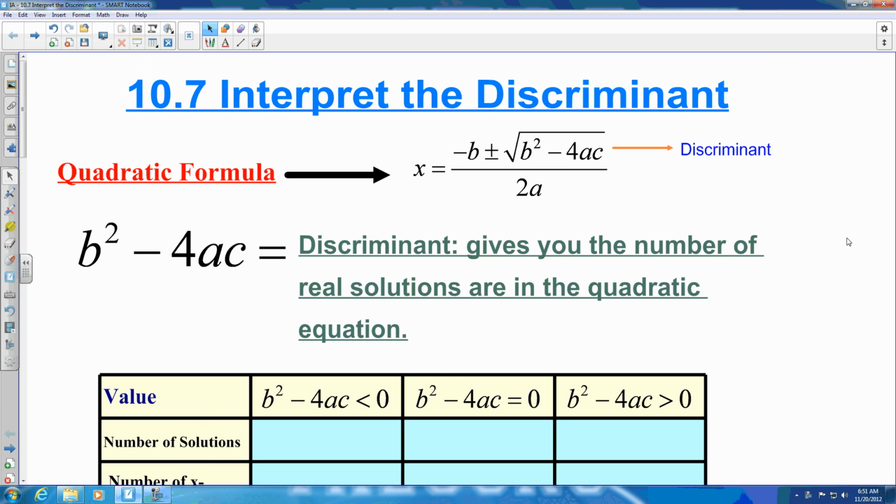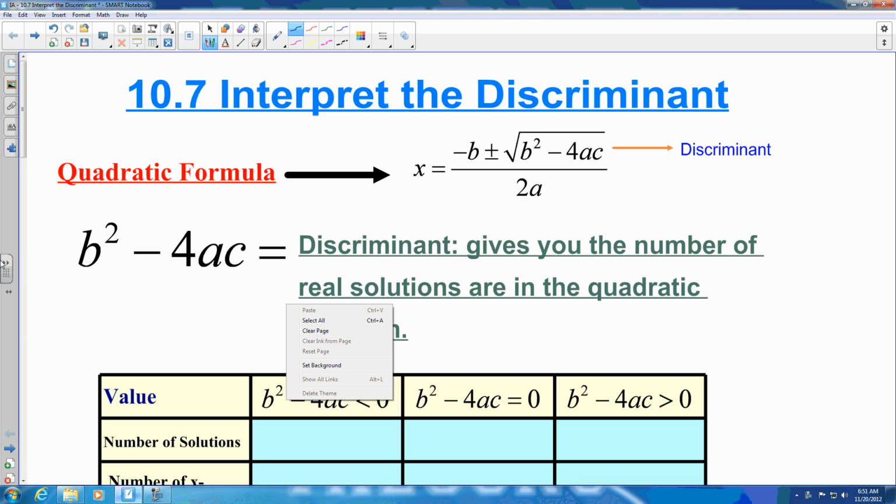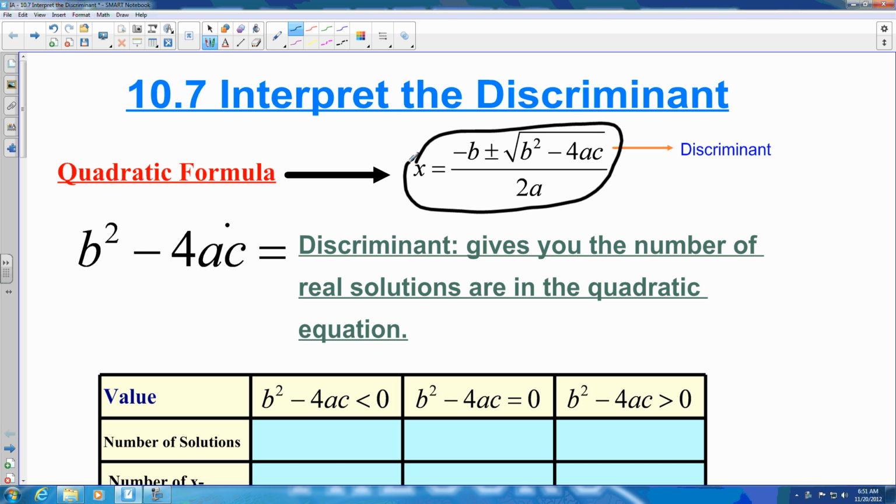Okay, so we are at section 10.7, which is interpreting the discriminant. And the discriminant is a very important part of the quadratic formula. As you can see, our quadratic formula is written right here, which we talked about in 10.6. And the discriminant is the stuff that is inside the square root,